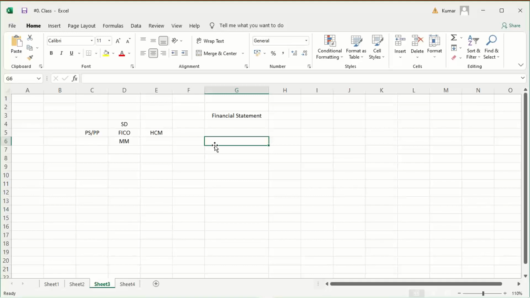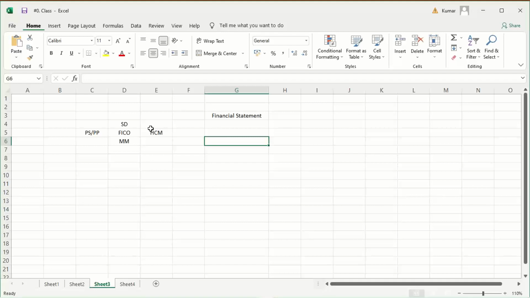Now, where are the issues? The issue is like, let's suppose the finance department is using a different ERP, the purchase department is using a different ERP, the sales department is using a different ERP. In that case, what is happening? There will be a delay in preparing the reports, right? Because the data must be taken from other ERPs, and then data arrangements are going to take place, right? In the right format, it is supposed to be arranged, and the reports are sent to the management. Here in SAP, it is not required. Within a few seconds, the report will be there on the screen of the management.